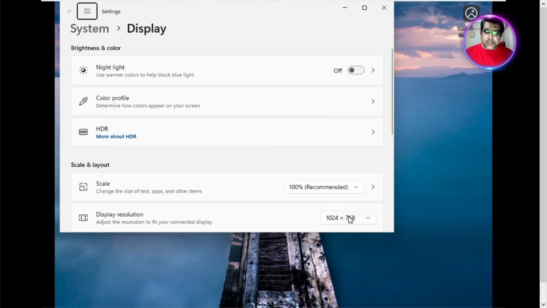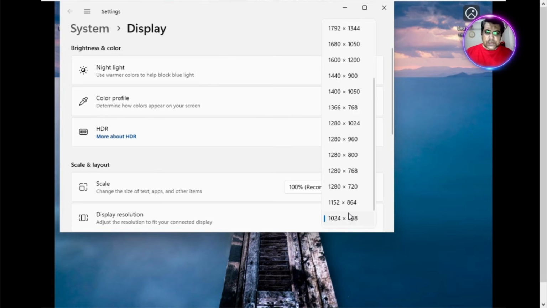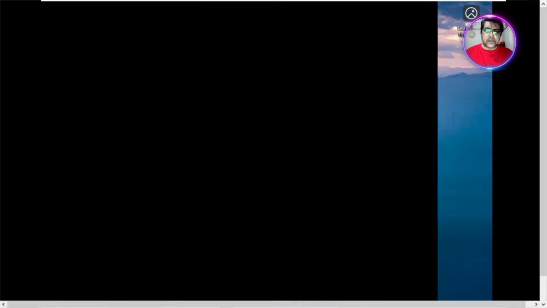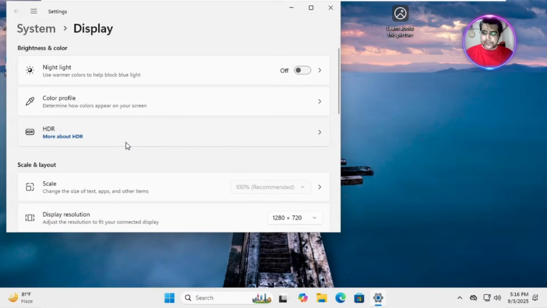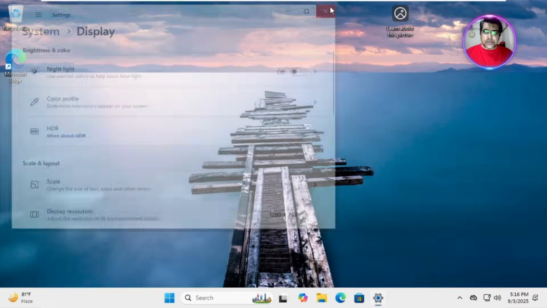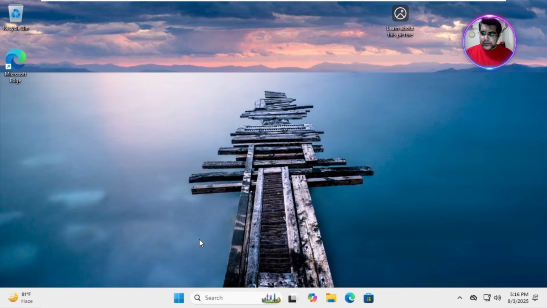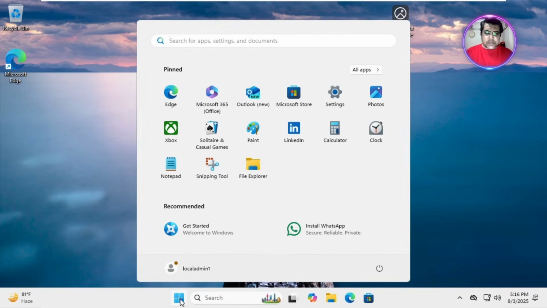And we can set this to this resolution. Here we can see I am logged in as local admin,